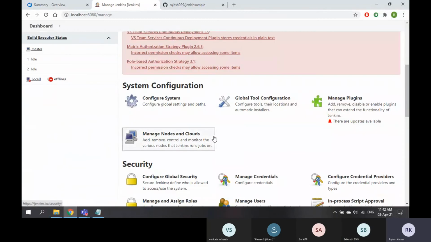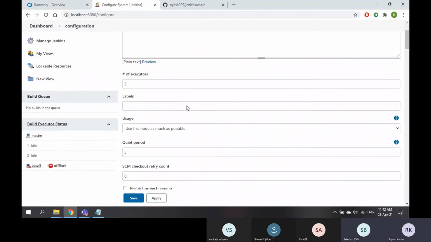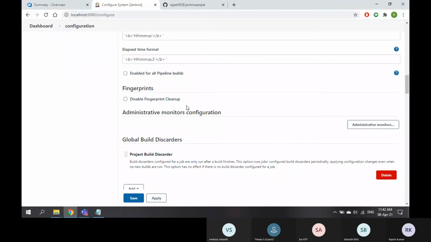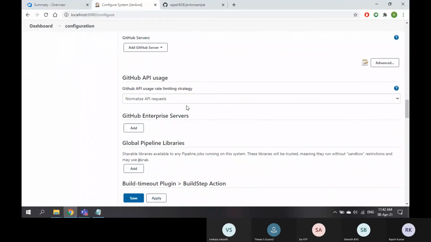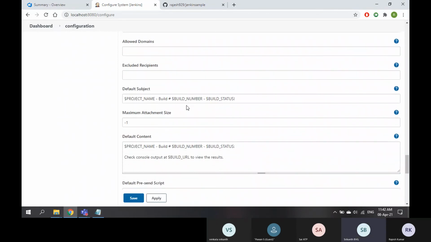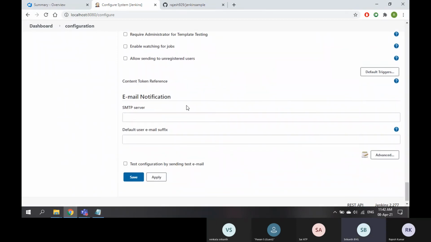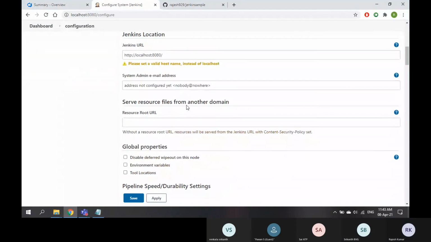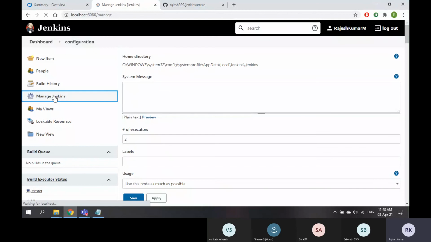Now if I go to configure system, maybe it is not here.